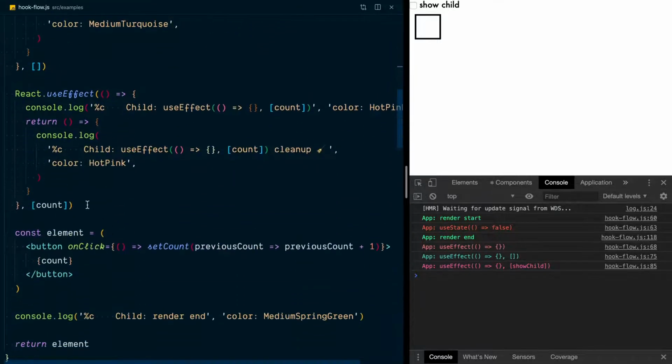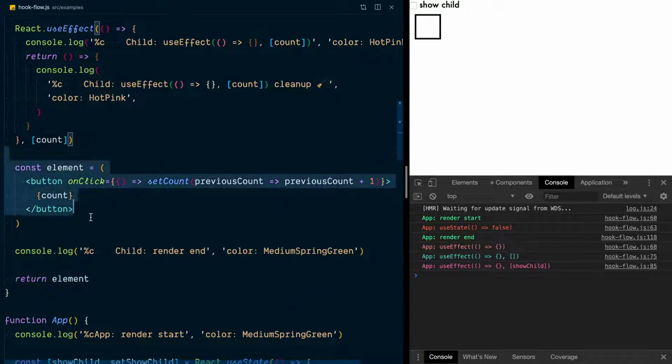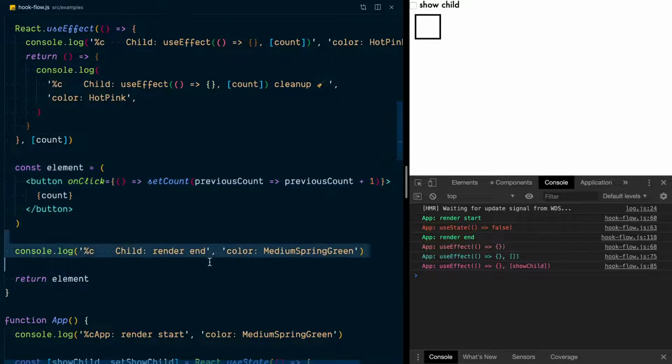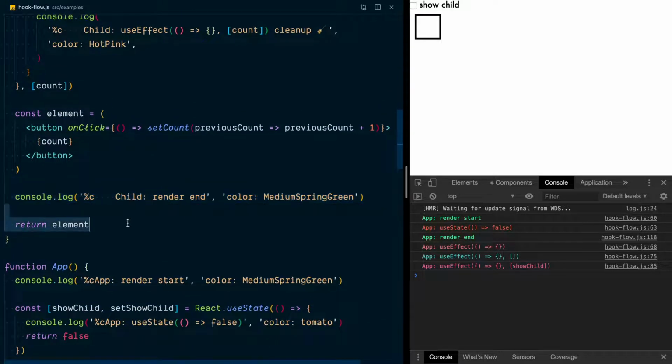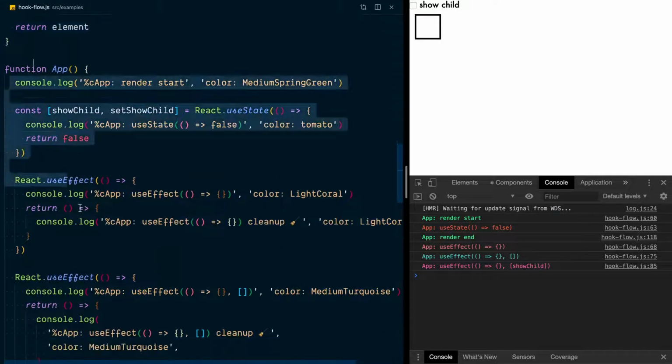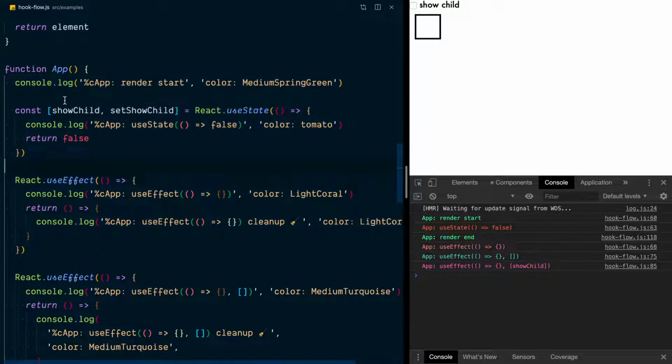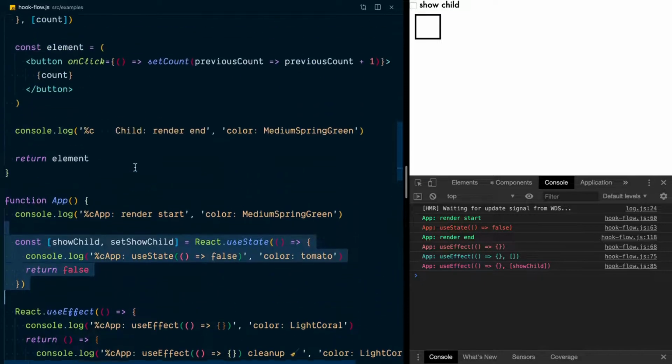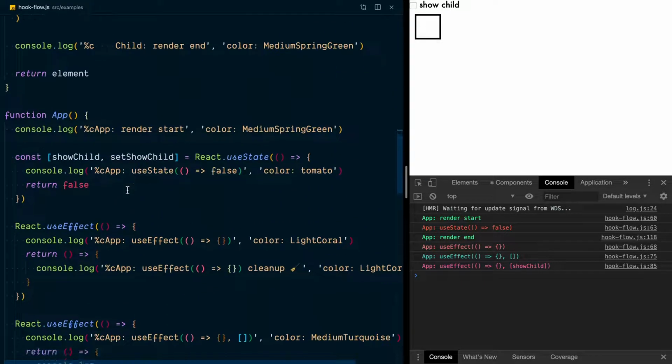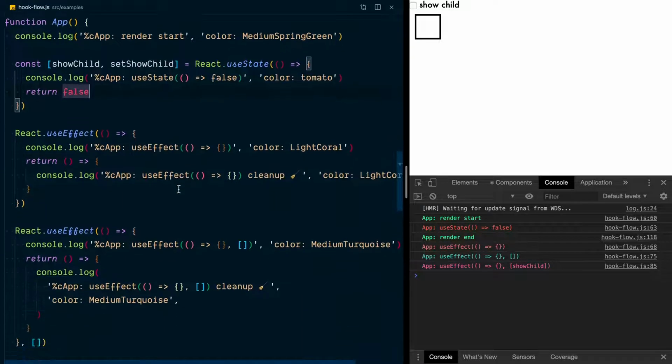And then this useEffect here has a single dependency, so we'll be able to compare how those different things are running. And then we're going to create our element, we'll log that we've finished rendering, and then we'll return that element. And the app is basically the exact same thing. It just manages a little different state here, where our child manages a state for the count. The app here is managing state for whether or not it should show the child, but we're still getting the console log for render start and for our useState update for